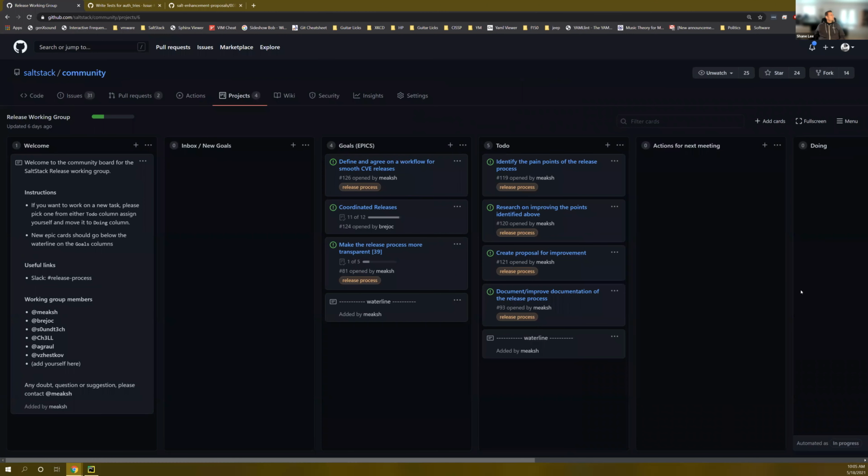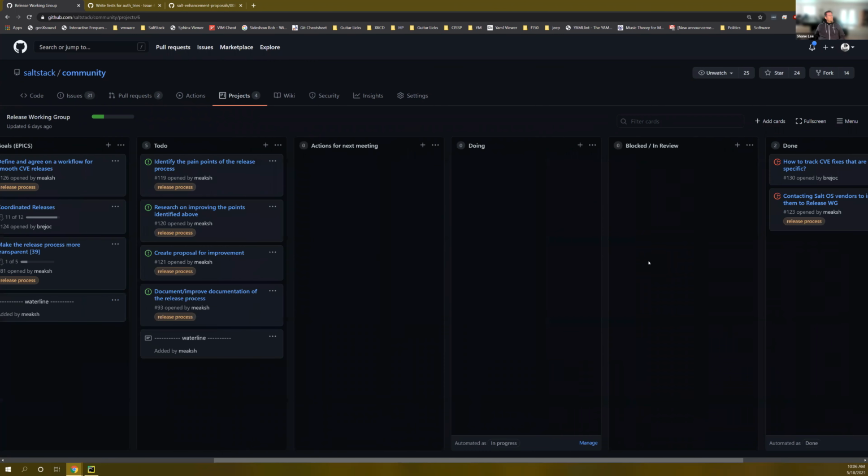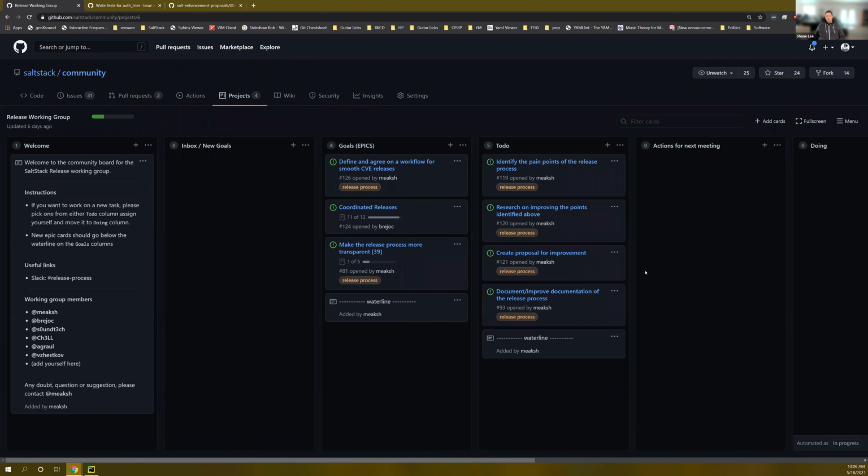release. This is the release working group project board, and this is how they run their meetings. This is their agenda. They go over their goals and things that they have to do, actions for next meeting, and who's working on what. I thought that was a good way to track our progress and not let things fall through. So I created a